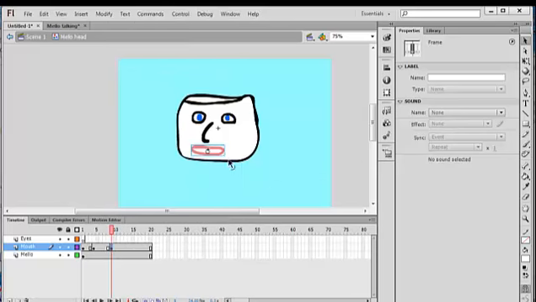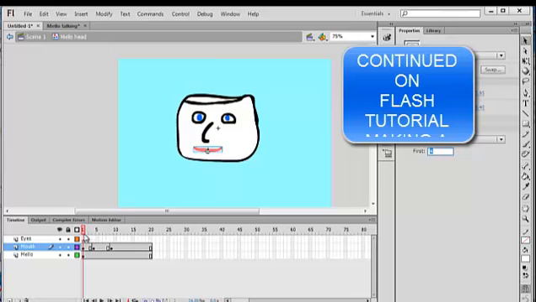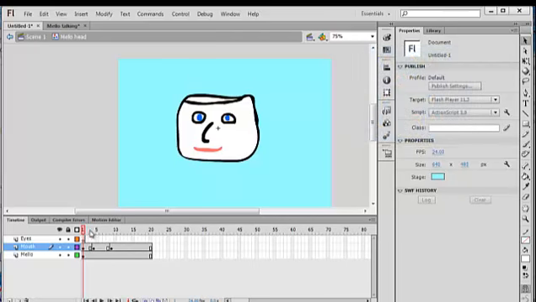If I then go further along, I can insert another keyframe, click on the symbol, and change which one I want to use. Maybe I want number 4 there. And so now, yet again, I get a different look. As I move along, it looks like the mouth is trying to talk, or the character is trying to talk. So now what I would do is go back to the main scene, and I would put in the